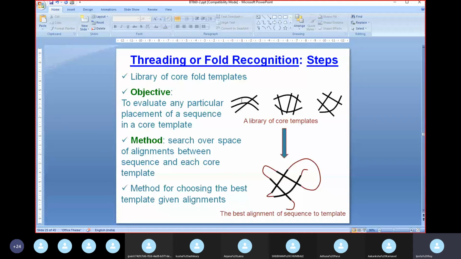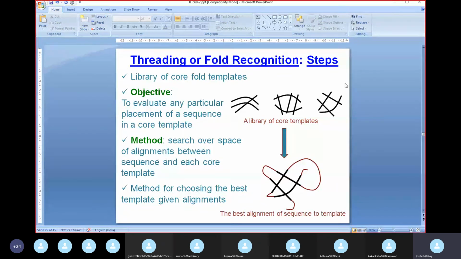You have these libraries, these folds that are there. A fold is an arrangement of secondary structures. So these are what are called super secondary structures. So you can have different alpha here, alpha there combined, or alpha beta combined, beta combined, different kinds of super secondary structures. So these are different folds, and there are others that are available in the library. Now, when you come in with a new sequence, what you do is you try to put your sequence on this fold and see how well it folds. And you do that with all the folds that are there.